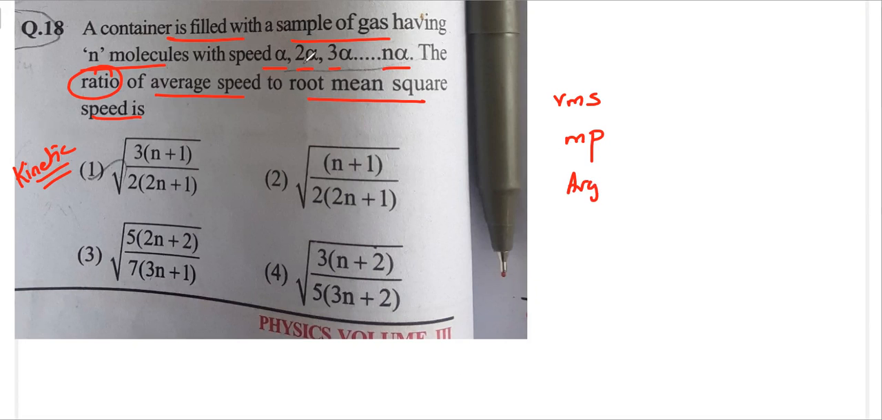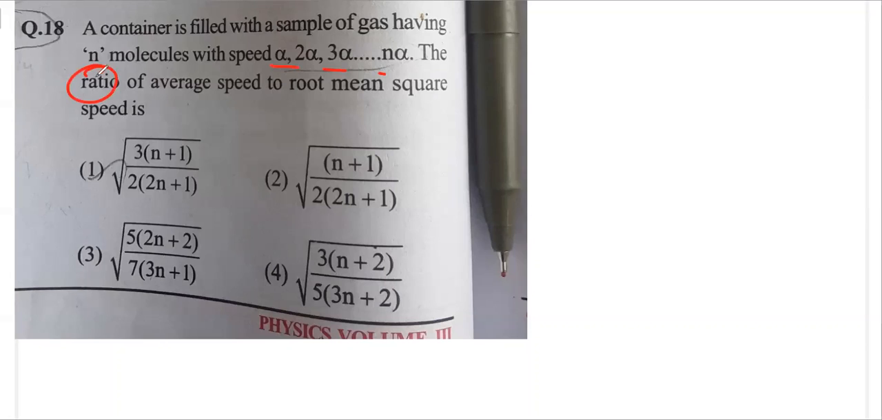So here they have given me the values. First, ratio means I have to divide. So I'll find the average speed, then the RMS speed, and then I'll divide. So first V average. Average is literally the average. You just need to add all the values